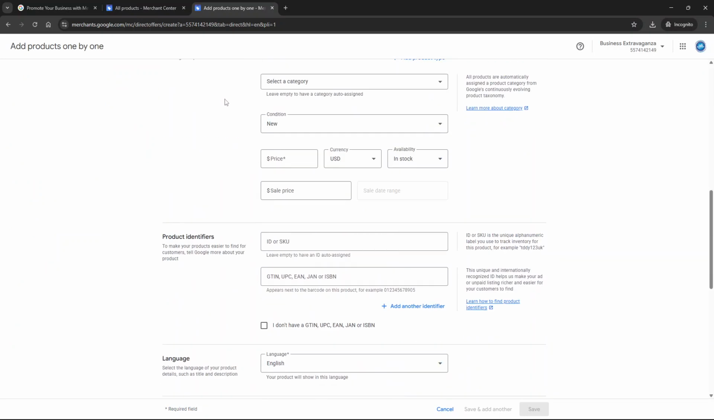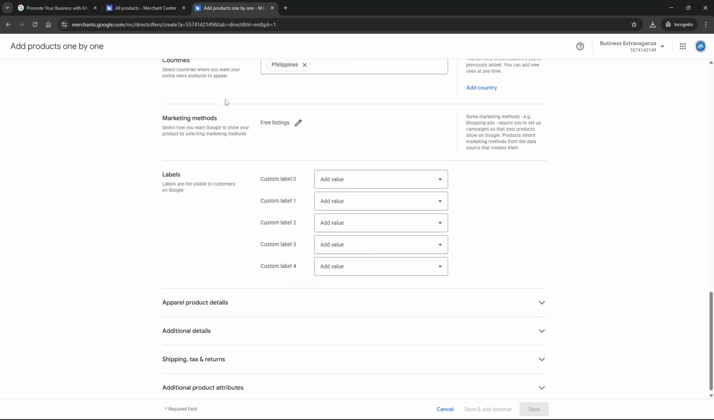Now that you're in the product entry page, scroll down until you find the label section. This part of the form is vital for organizing your products. Through labeling, you can group products into specific categories, which can be particularly useful for running tailored ad campaigns or